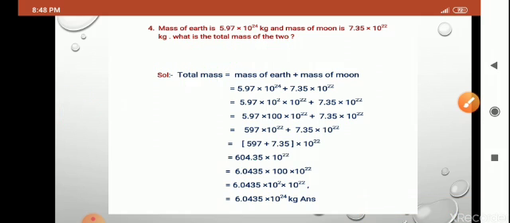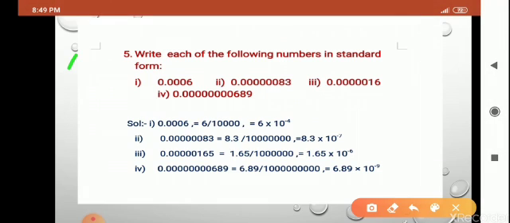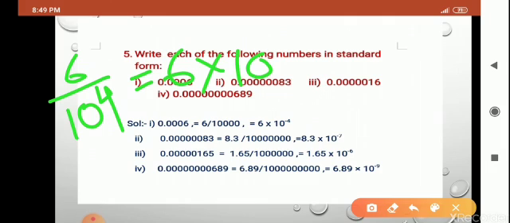Okay, now come to the last. Write each of the following numbers in standard form. Here the given numbers are small numbers. Okay, we have to convert the very small number into the standard form. So first one is 0.006. It is a decimal number. So first of all we convert into a fraction form, and you know how you can convert a decimal into a fraction. So 6 by 10,000, and you can write 10,000 like 10 to the power 4, that is 6 by 10 to the power 4. Now when we again use law of exponent, we can write it 6 into 10 to the power minus 4.